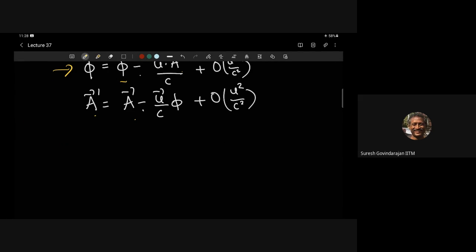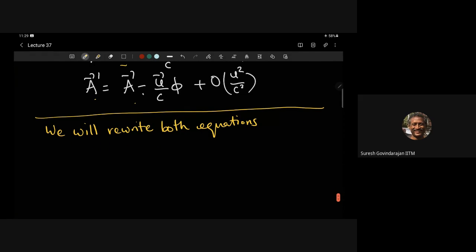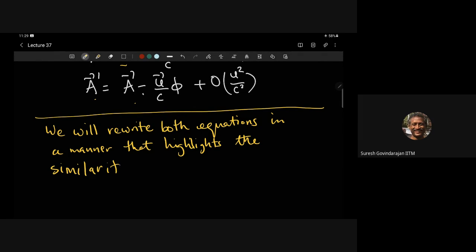Okay, so we will write both equations in a manner that highlights the similarity. We didn't know this, right? Before we started, we didn't know this. This is kind of unexpected. So let me define